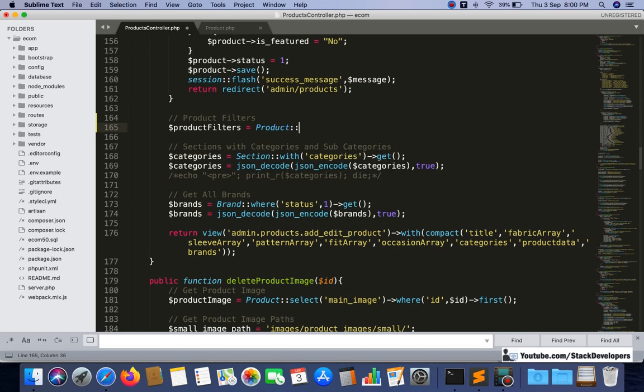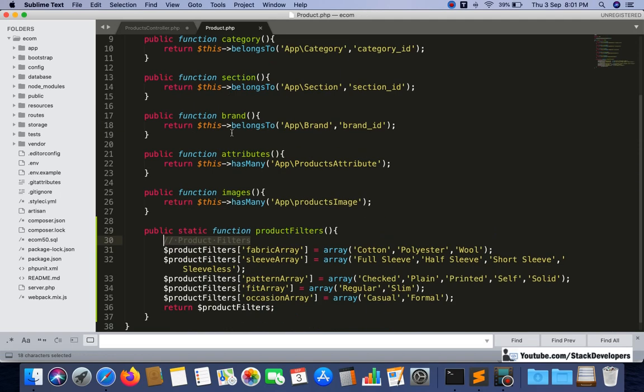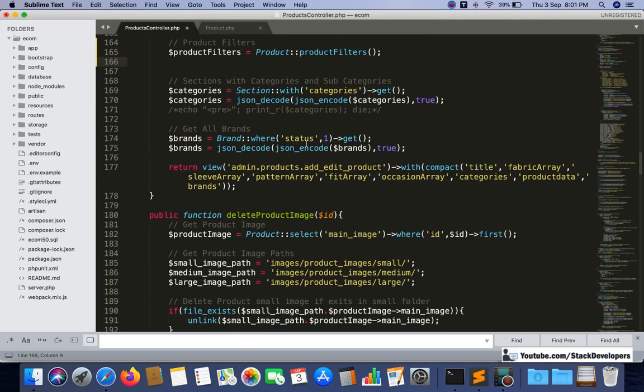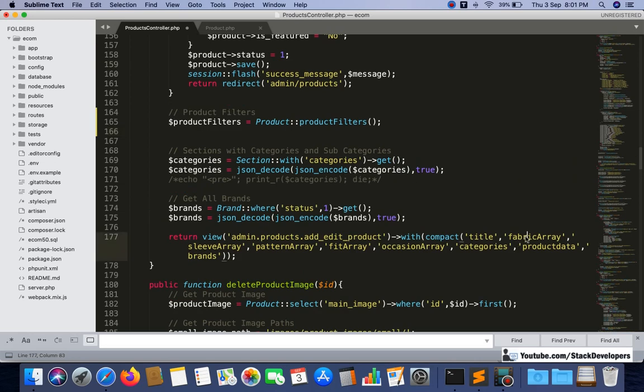We are using fabric array, sleeve array like this, so I am going to use all the arrays.